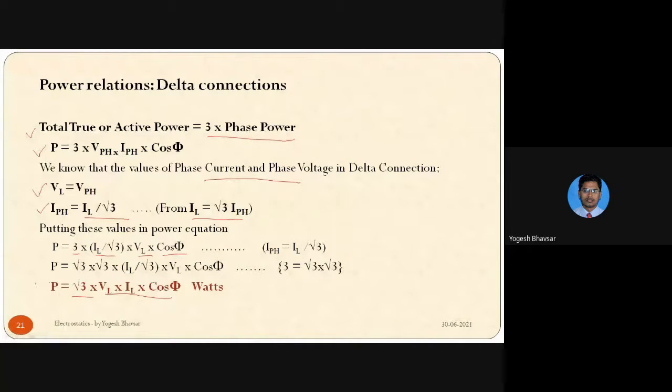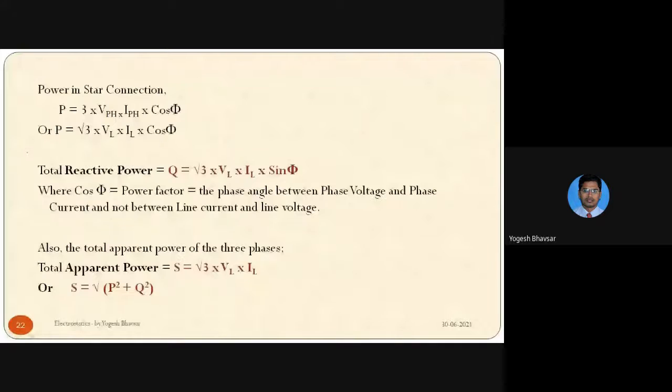So you can observe that this active power formula is same as there in the star connection, root 3 VL IL cos phi. So in terms of phase parameters, the active power is also same. In case of line parameters, it is also same. And obviously for reactive power and apparent power, we will get the same equations, because it is root 3 VL IL sin phi. Only we need to replace cos phi by sin phi. And in apparent power, there is no power factor. So we can simply have root 3 VL IL. So apparent power S is equal to under root of P square plus Q square.